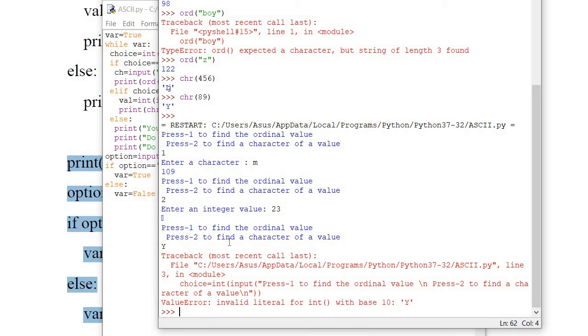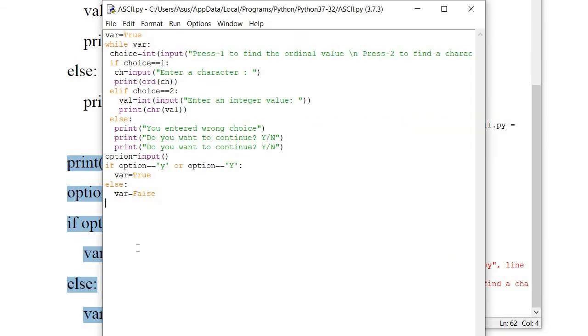First of all you have to press 1 or 2, otherwise it will give you an error, because the program is asking to enter either 1 or 2. So this is the program for how to get the ordinal and Unicode value. Try it at home.